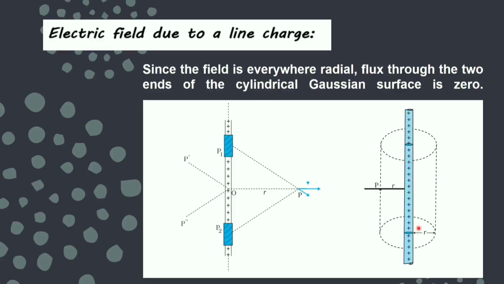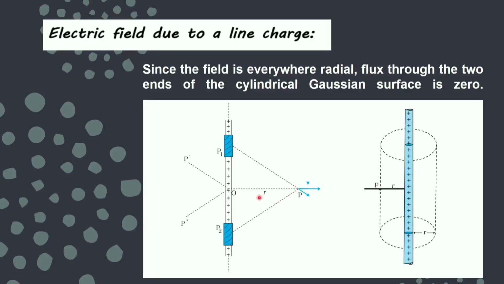This is the line charge, which is positively charged. So charge is uniformly distributed over the line. This is a very thin wire like thing, but here in the diagram some specific thickness has been shown just to make it visible. Now if I am taking r as the distance for this point P, this is the point P where I want to find the electric field due to this line charge. This is an infinitely long line charge, but we are just focusing on the specific length of this, and the point P can be taken anywhere.